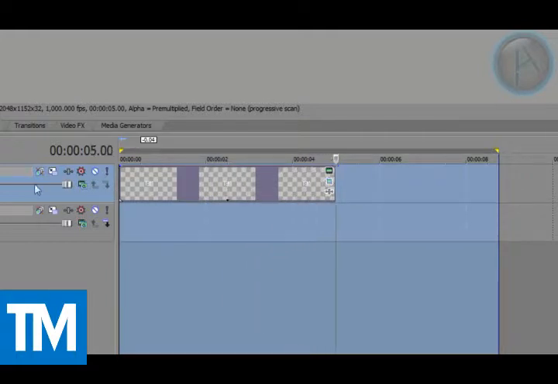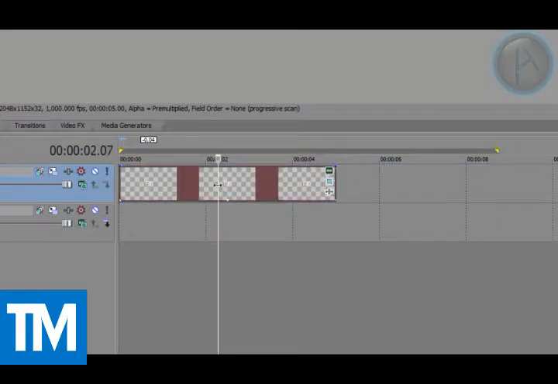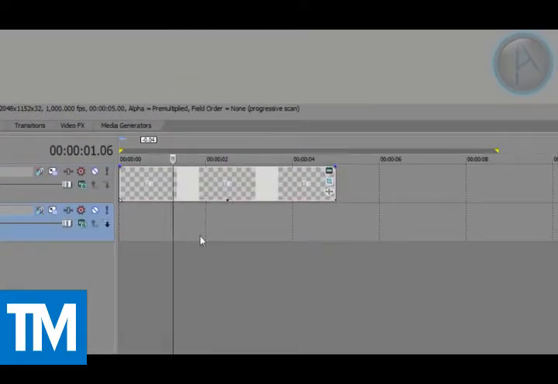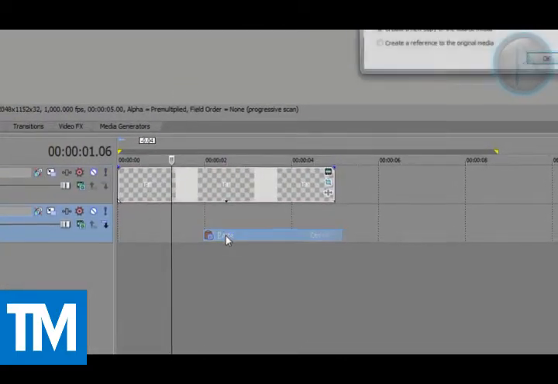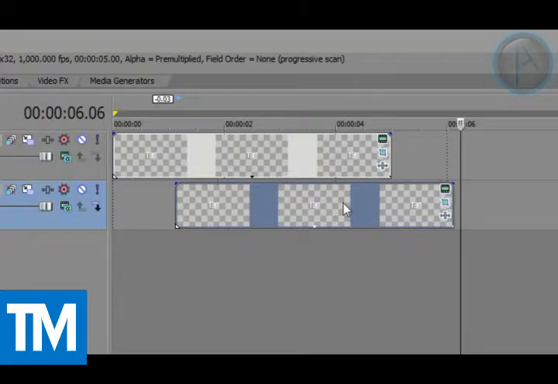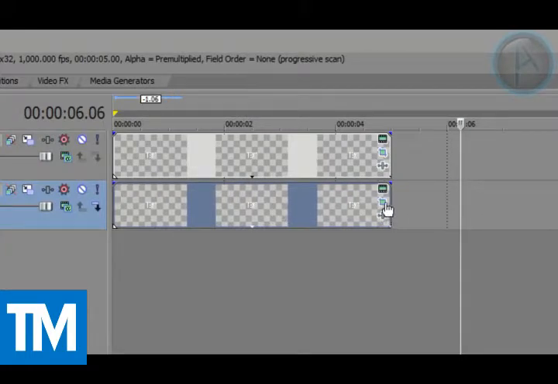Now that's looking pretty good there, but what we're going to do is make another text flyby underneath it, so then the two texts make one sentence. So if I just click on that, right click, and then go to copy, and then right click on track 2, and then go to paste. Select create a new copy of the source media, then hit OK, and drag this so it's at the start,